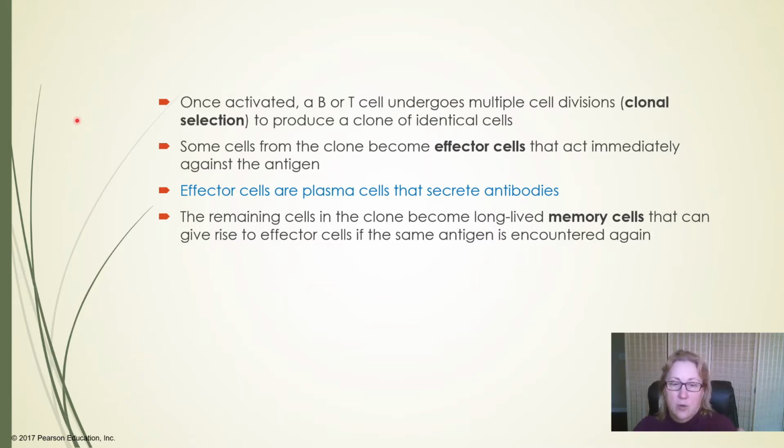And then we get a whole culture dish filled with identical cells that were made by mitosis. And so that would be clonal selection. And it happens in our bodies, and we can do it in the lab as well. So those clonal cells are all genetically identical. They all have exactly the same genes for these